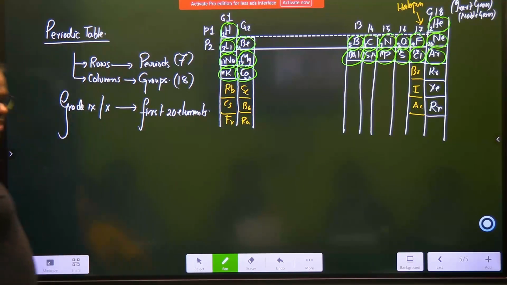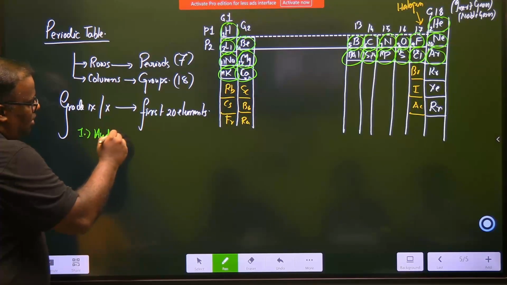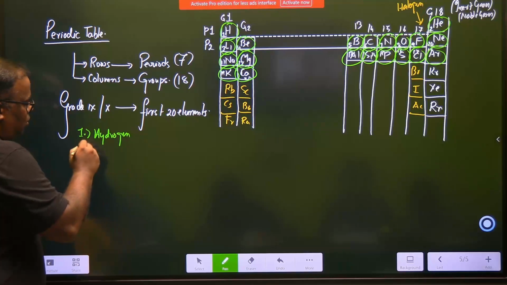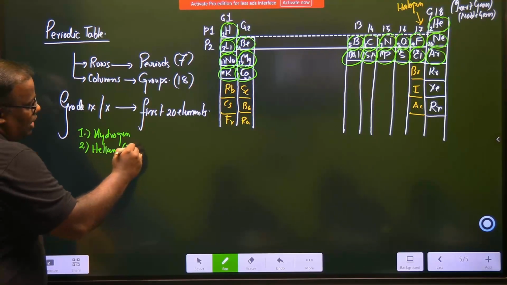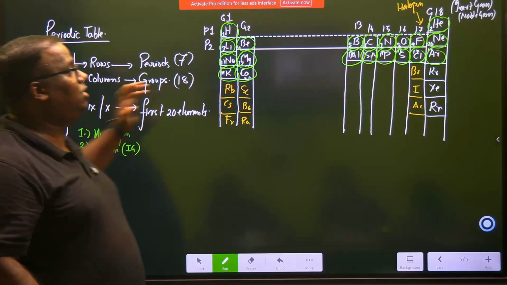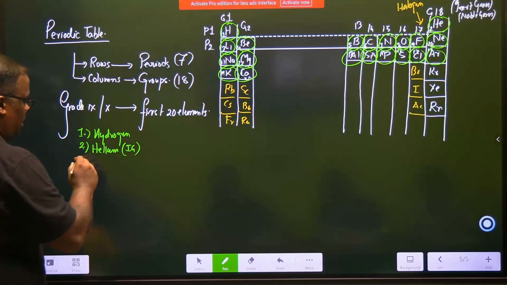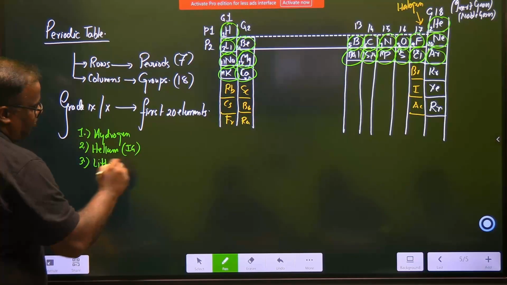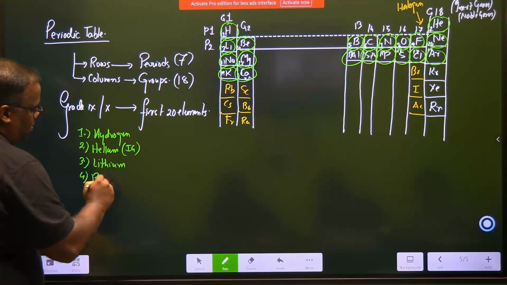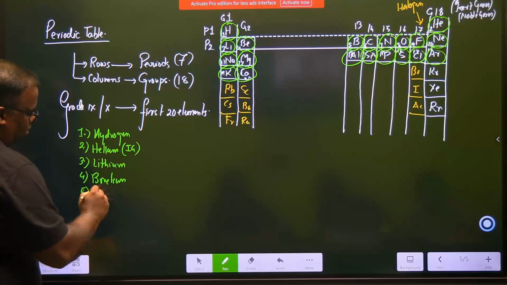So shall we write the 20 and then leave for today? Let's write the 20. The first one is what? Hydrogen. Number 2, helium. Helium is an inert gas. So you will be learning 3 inert gases: helium, neon, argon. Hydrogen, helium, lithium, then beryllium, then boron,